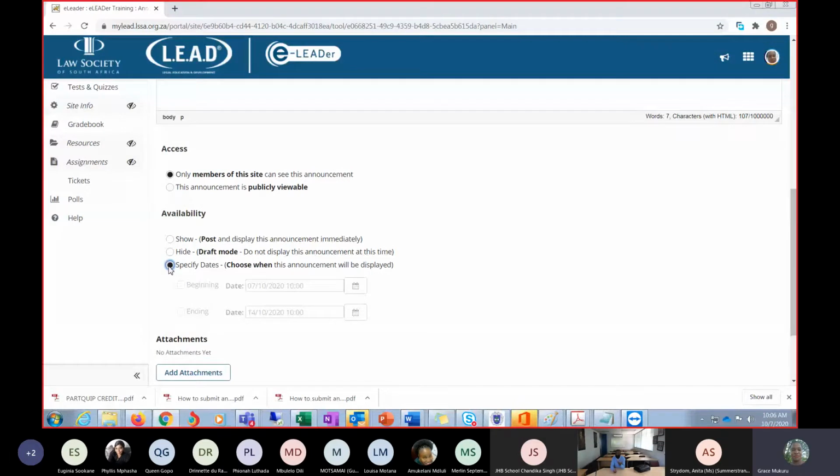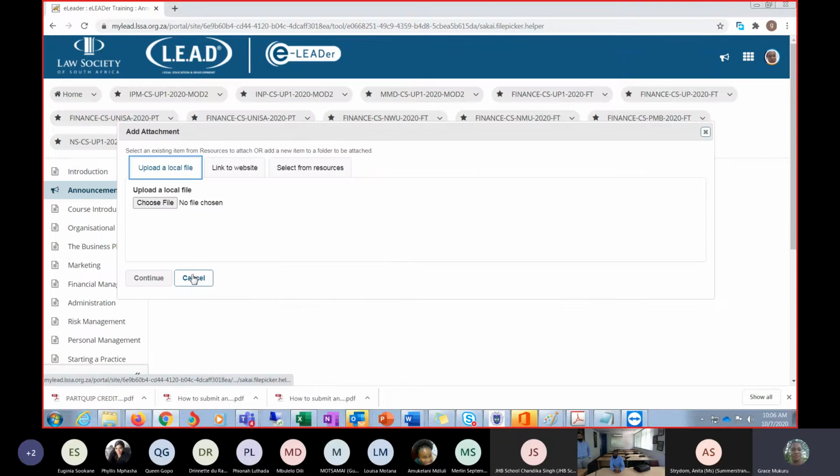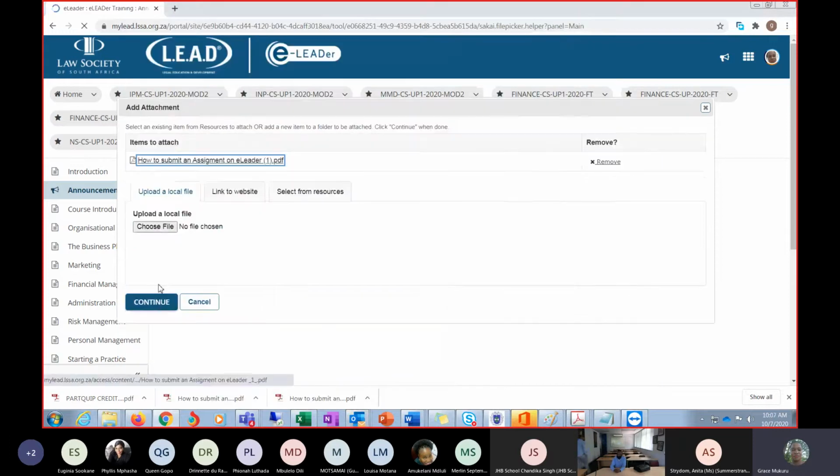So if you choose specify dates, it's going to ask you when you want the announcement to go out. Then you can select when you want it to go out, meaning that you can plan all your announcements prior to the course. For example, if you are sending them an article or any material, you can also attach a document to your announcement. Then you can choose any of the documents and attach the document